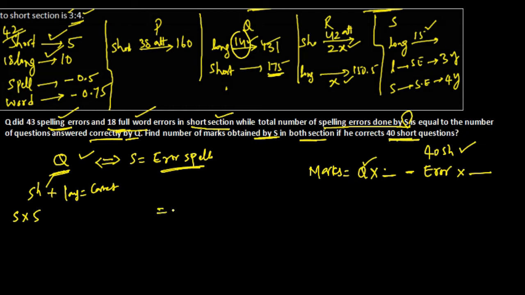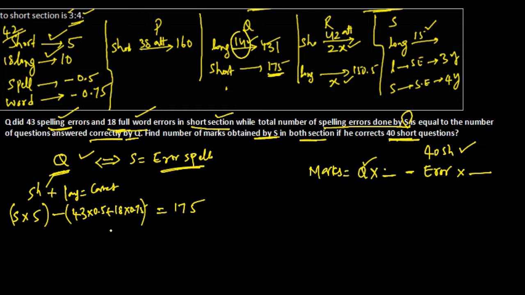Okay. I know the total marks, that is 175. And from these marks, I'll remove the error marks. So what are the error marks? So he has done 43 spelling errors, means for each spelling error, what is a mark? So 0.5 marks. So I need to subtract this. And in the same way, he has done some word errors. How many errors? 18 errors. So I need to subtract this 18 errors also, means put together 43 error marks and 18 error marks will give me the total error marks. So 18 into 0.75, because this is a word error. For each word error